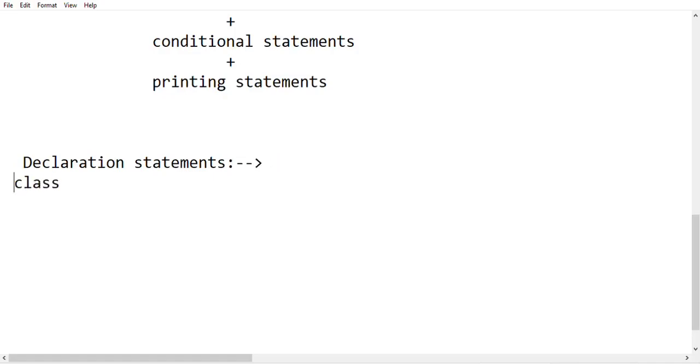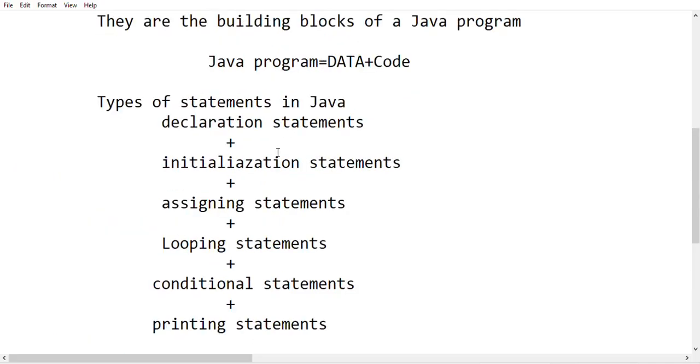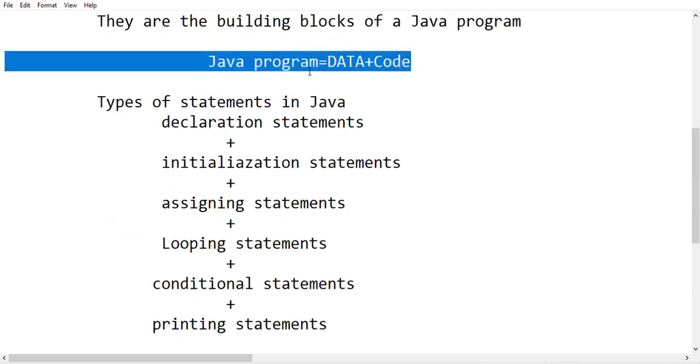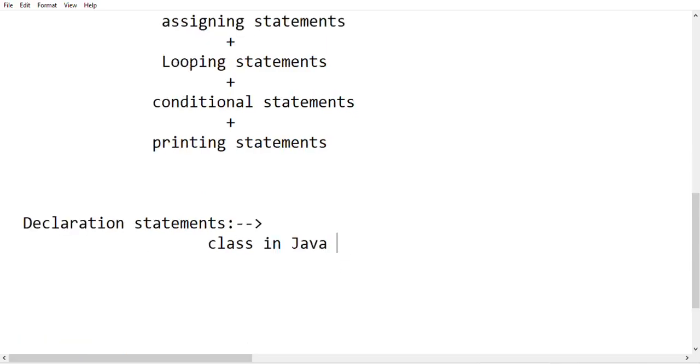class. Class in Java is a skeleton where we write our Java program, or you can say a blueprint, a skeleton or blueprint that allows us to write a Java program and create objects, and more importantly wrapping up data and code together. So the first and foremost thing we declare in a Java program is a class. Class is a keyword. Class, a name, you can say Addition, and in between these two curly braces,